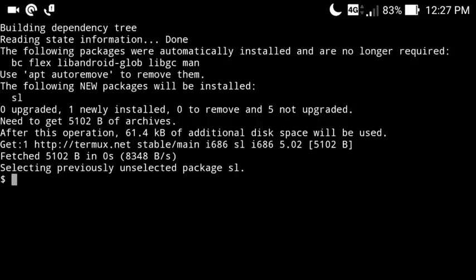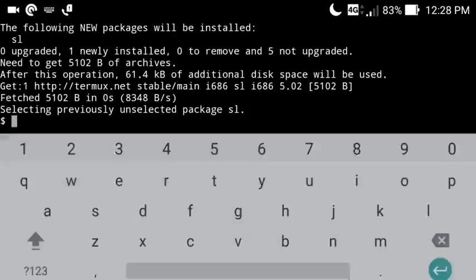So now let's talk about the next command. The second command is for those who are students. For example, if you are a student of mathematics and you want to find the factor of any particular number, for example 100, you would need to find the LCM and the factors of that number. In the Termux app you can also do this. You can also solve a mathematical problem.